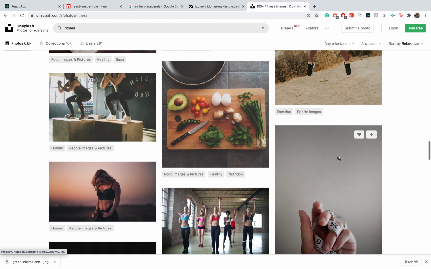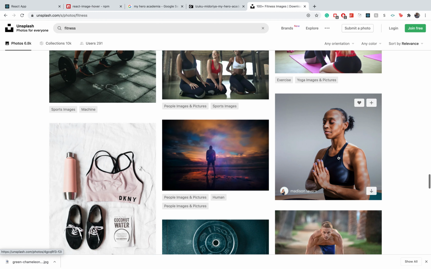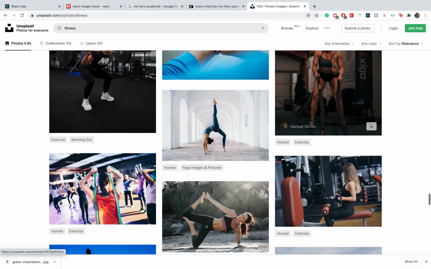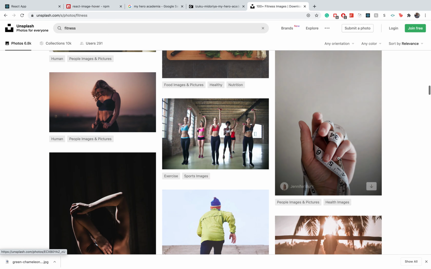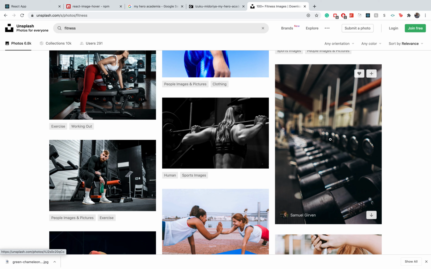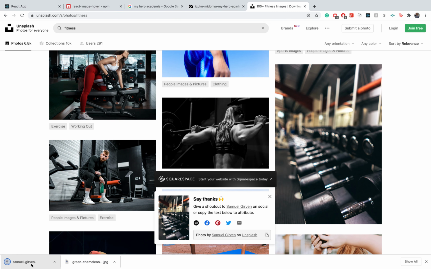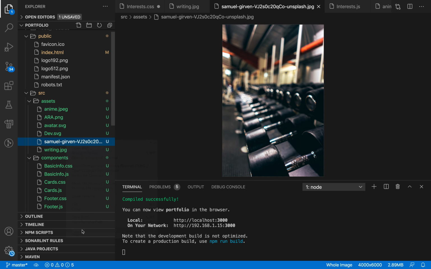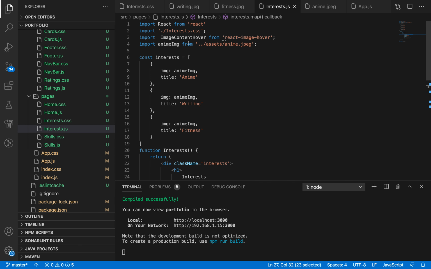I don't like images with other people because I don't know how comfortable they are showing up in my portfolio. So I'd rather have a weight or a machine or someone's feet or something like that. So yep, we are going with this. And let's move that to our assets section, rename it to fitness, and save that, and copy